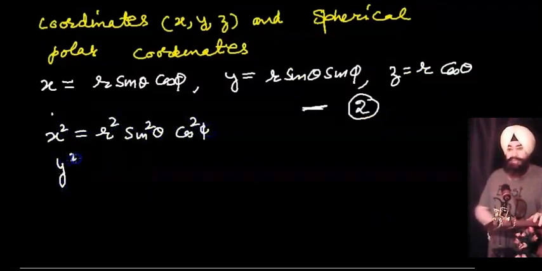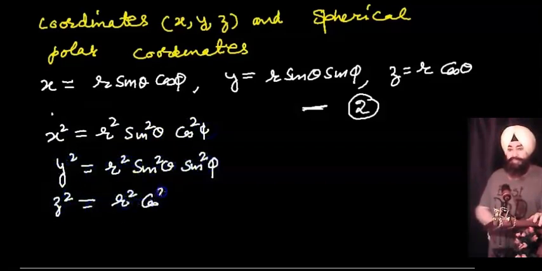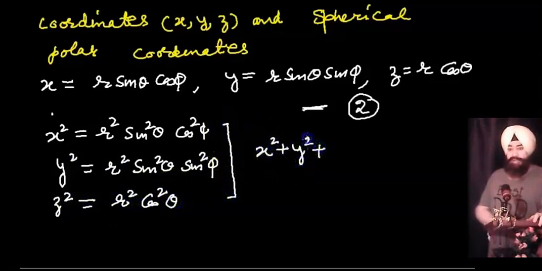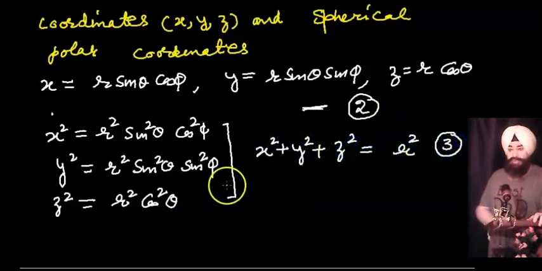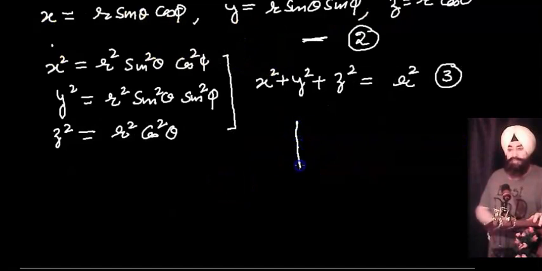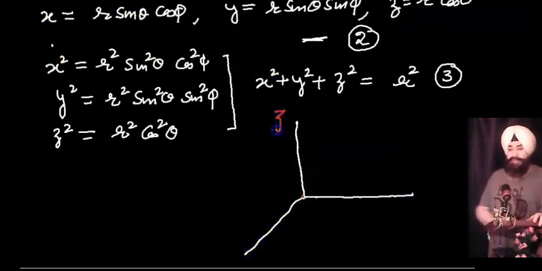Now squaring each term and adding, we'll get an equation x square plus y square plus z square equals r square. Equation number 3. So it's a Cartesian system x, y, z, and a polar system r vector,